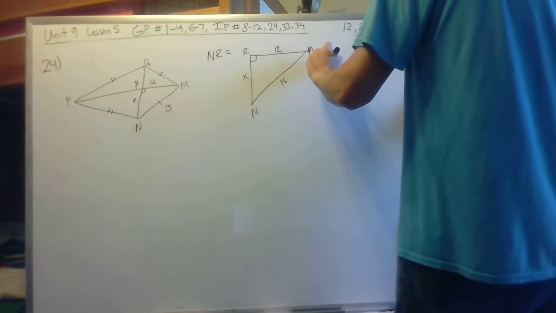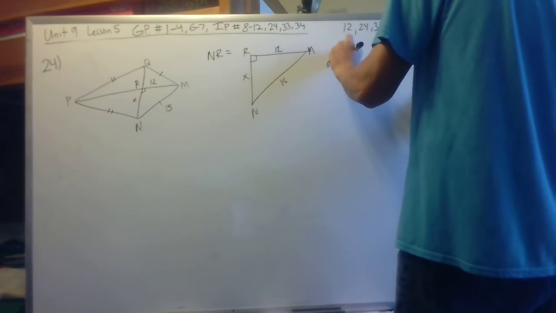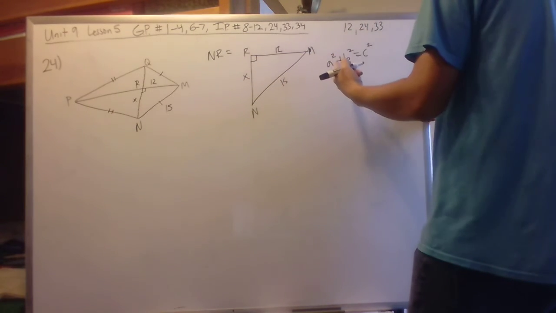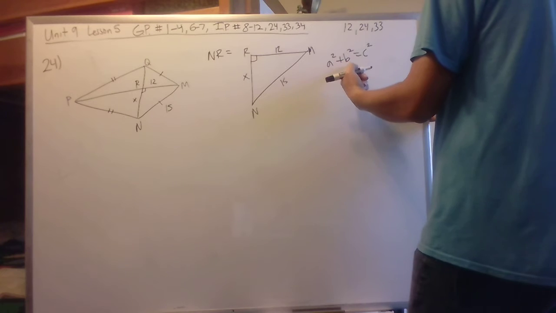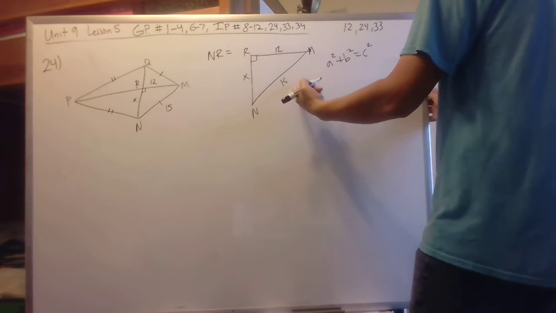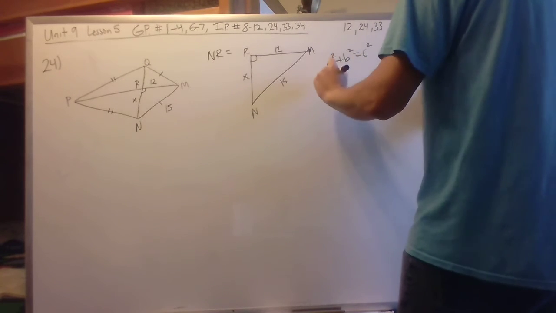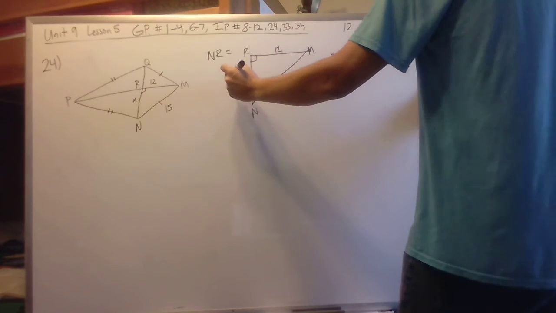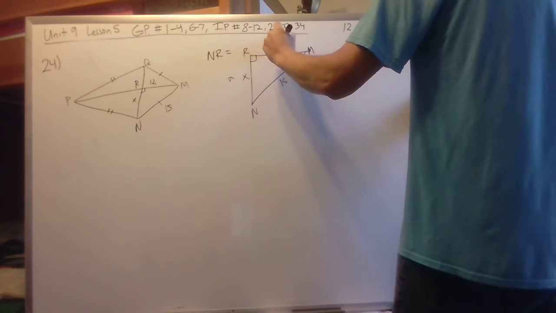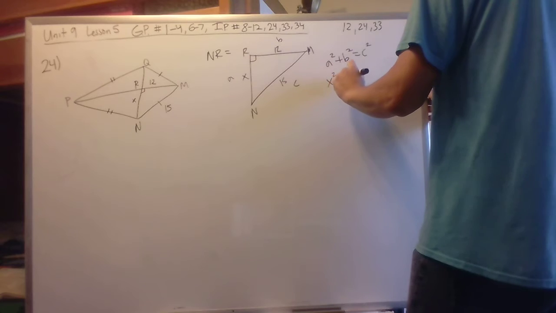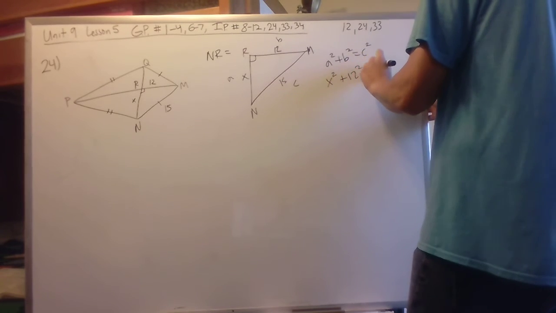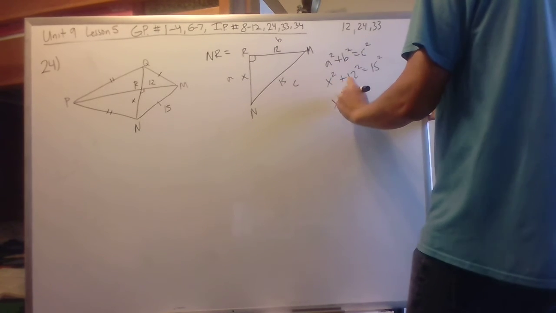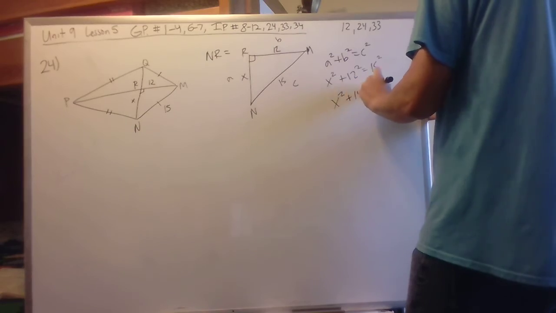So we're going to use the Pythagorean theorem, which is a squared plus b squared equals c squared. So the two legs squared equals the length of the hypotenuse squared. I'm just going to label this a, b, and c: x squared plus 12 squared equals 15 squared. So x squared plus 144 equals